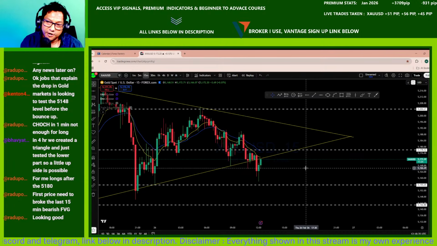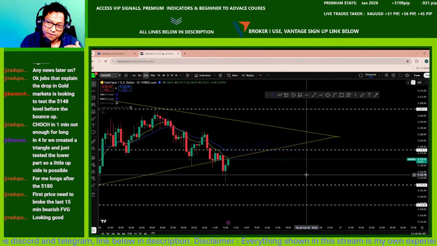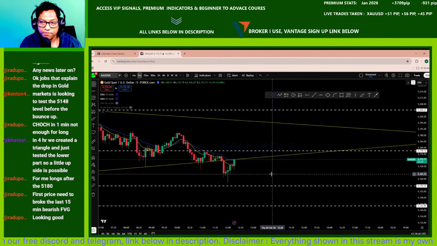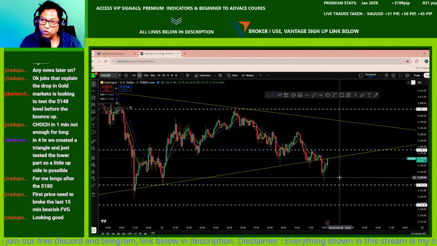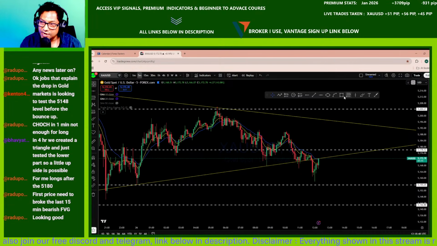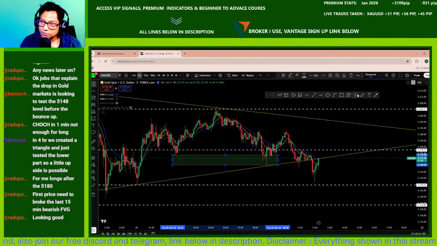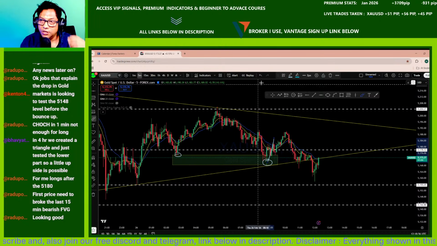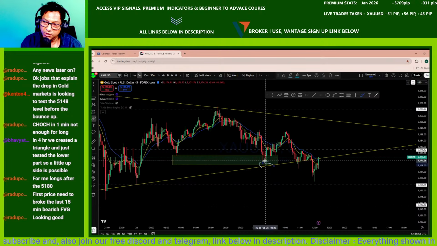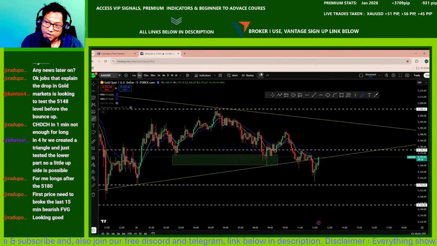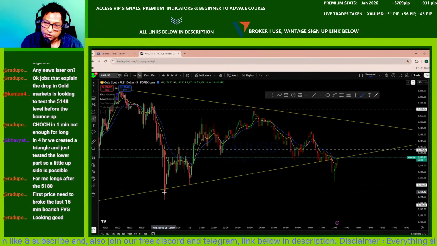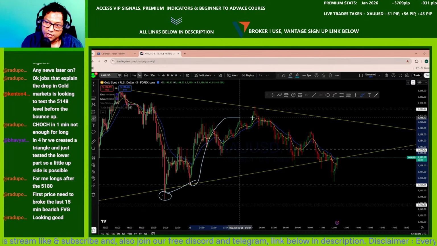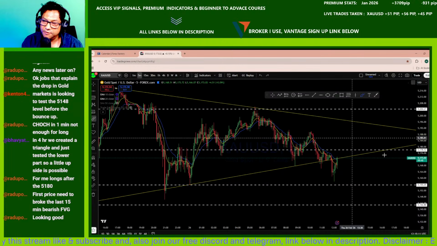Sometimes the buyers come into the market even before breaking the low. So usually the best buy happens like that. If you look at here, this is a support extended below and then rejected. So there is a higher chance for going up in those cases. But more often the market will not do that. You see this one here, it didn't cross that but came out and then moved back to the upside.